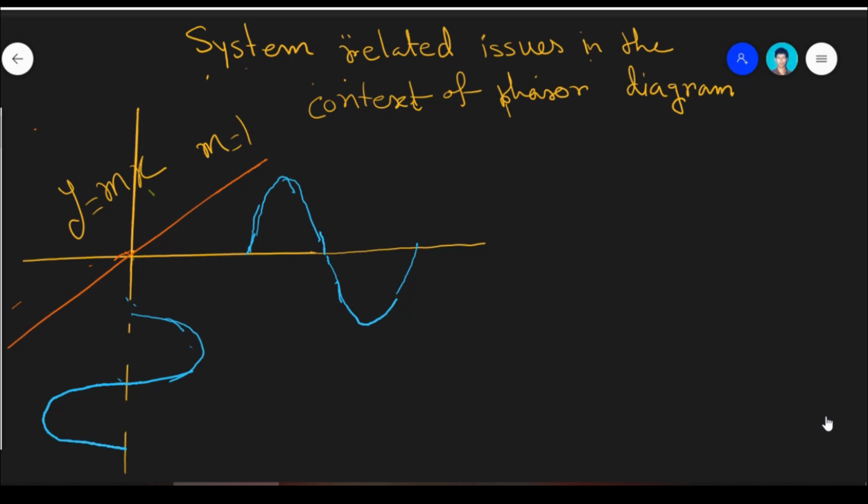Okay, so what I was trying to tell you is, what is a physical example of y is equal to mx? The physical example of y is equal to mx is just like there is a